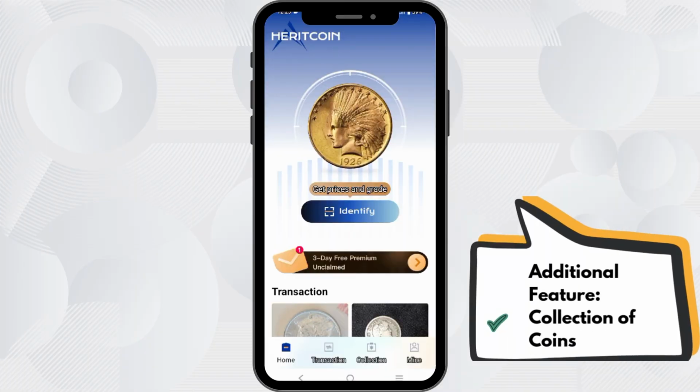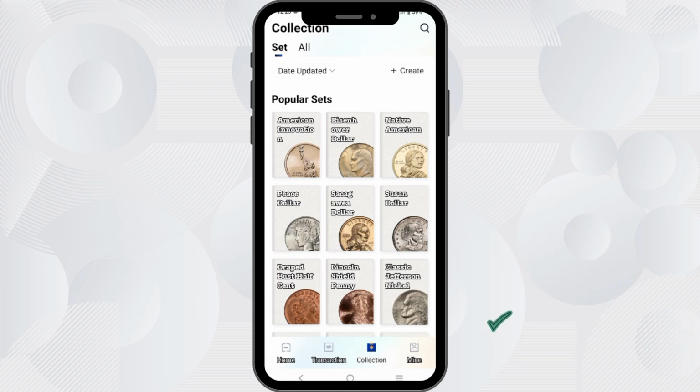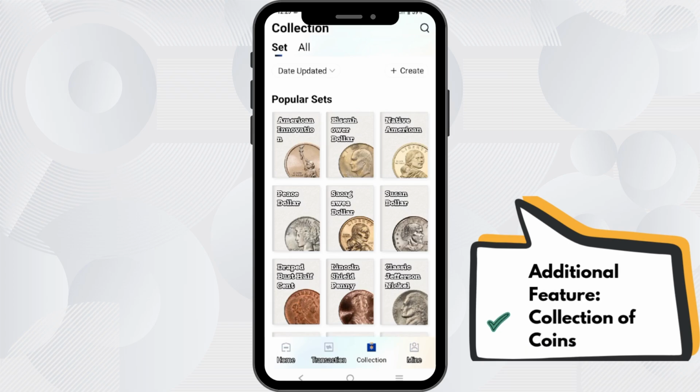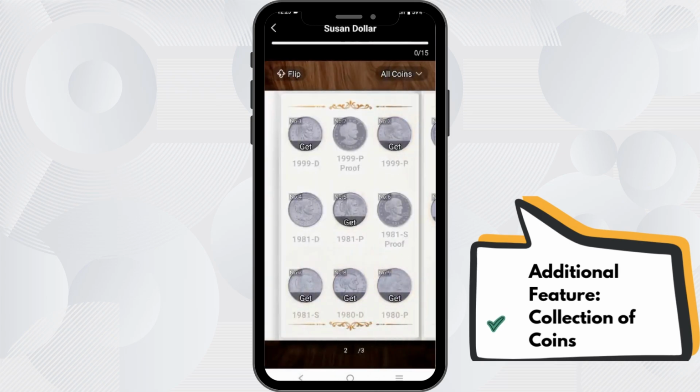Another feature that this Herit Coin application has is the collection of collectible coins. As you can see, we have here the popular sets of coins that this application has. So for this part, I will choose Susan Dollar because I have the same coin as this one.